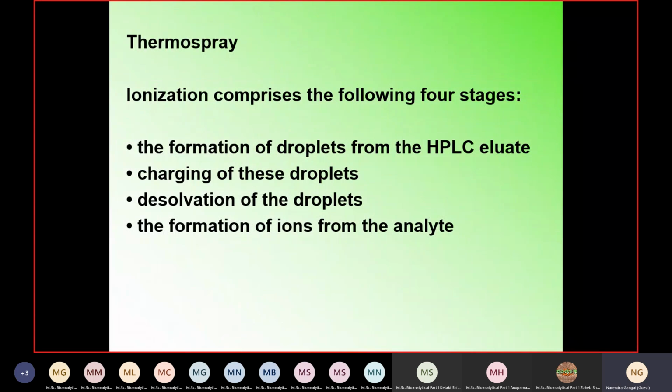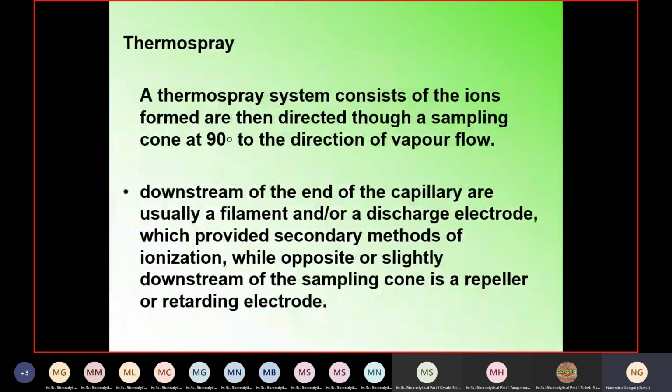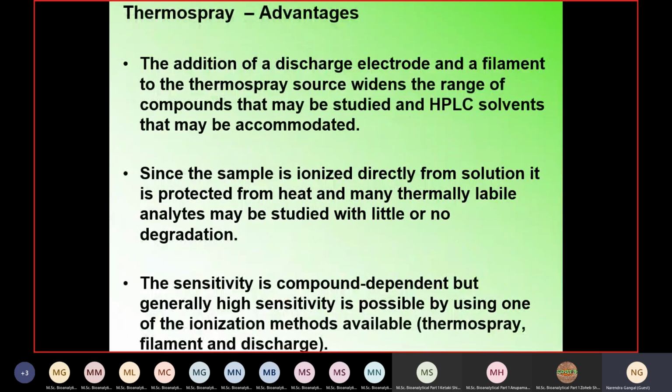The four steps, as we saw: first there is the formation of droplets, then the charging of the species before the desolvation. So that is why the analyte molecule is well protected with the help of the solvent. And then after the desolvation, the ions are formed. So that is why it is protected from heat and many thermally labile analytes can be studied with little or